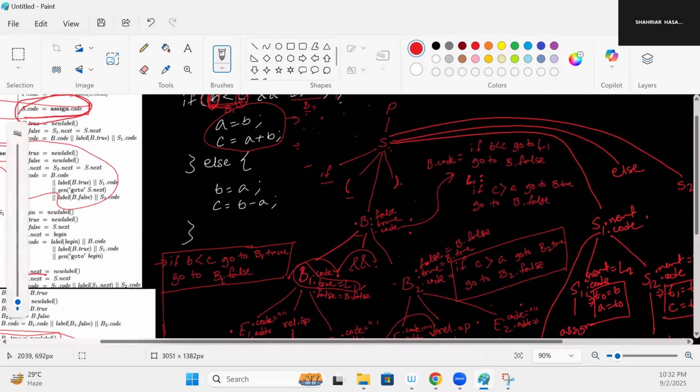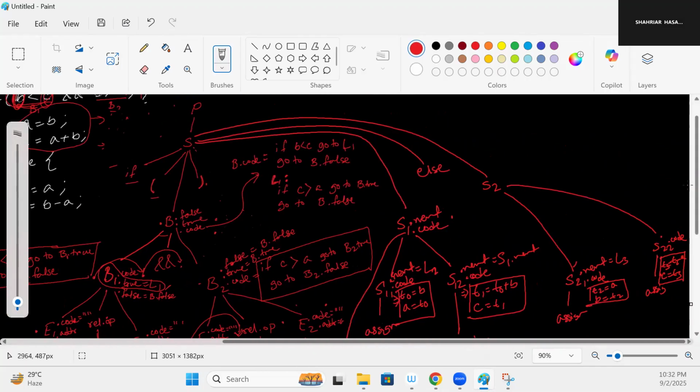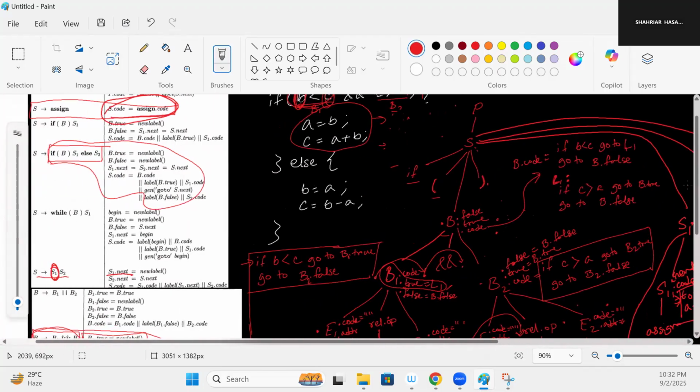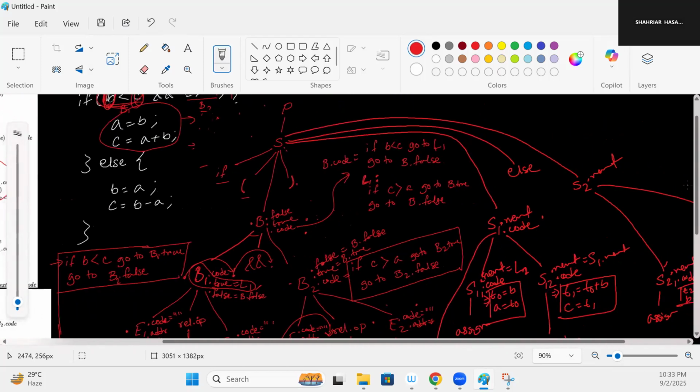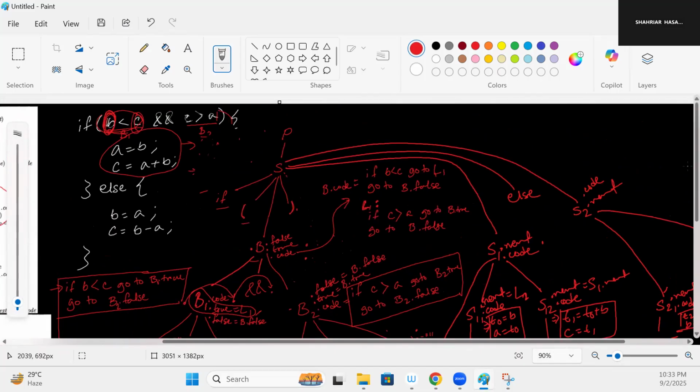Then we have S2 dot next as S dot next. That means the right child will have dot next as the parent, which is S2 dot next. Now that means this will have a next attribute. And finally we have S2 dot code equals S dot code equals S1 dot code. So this will have a code attribute that will basically